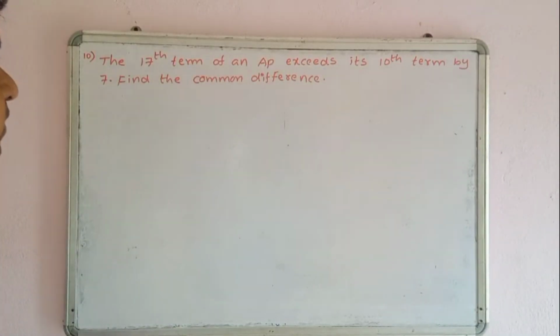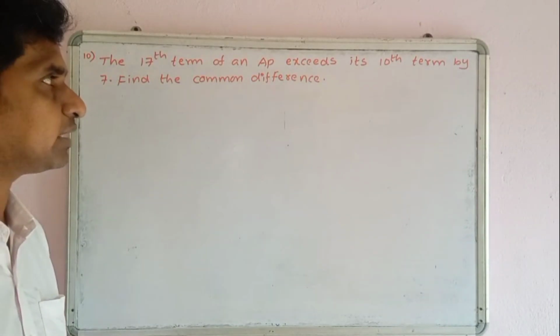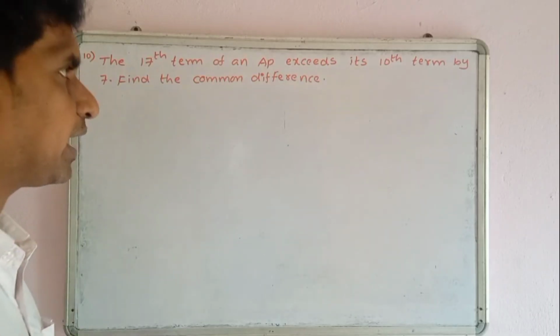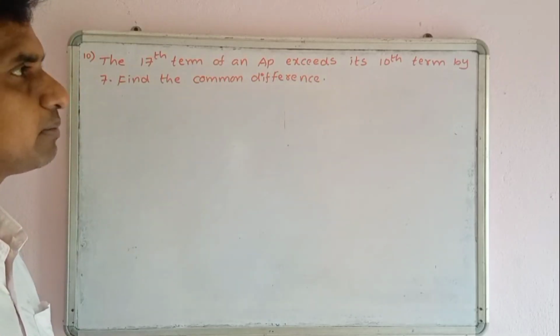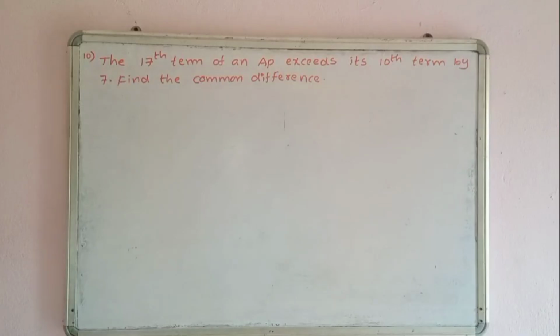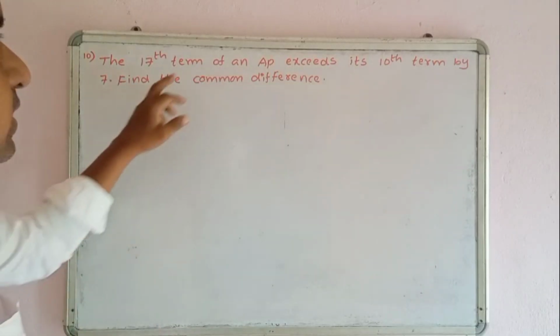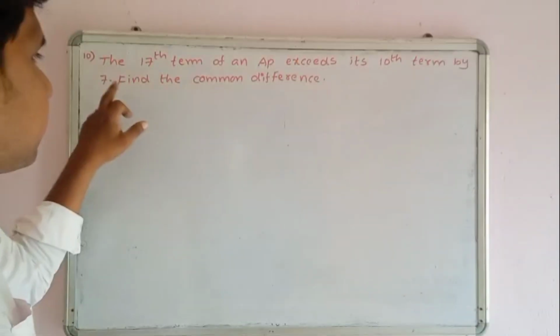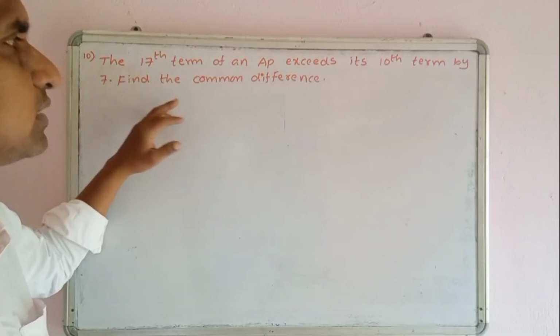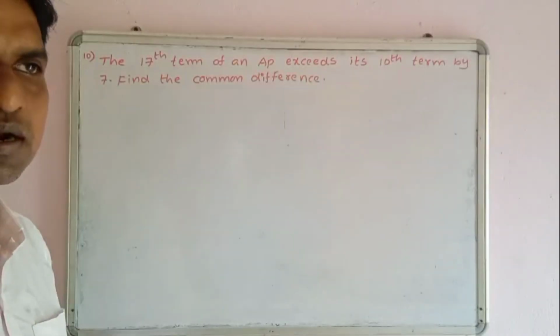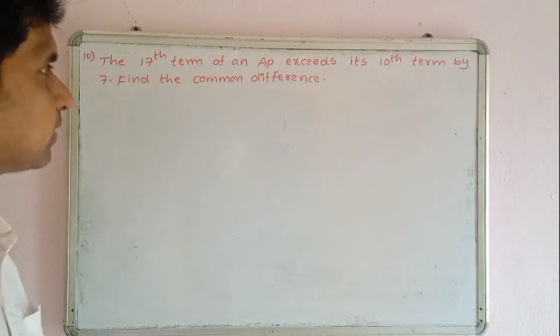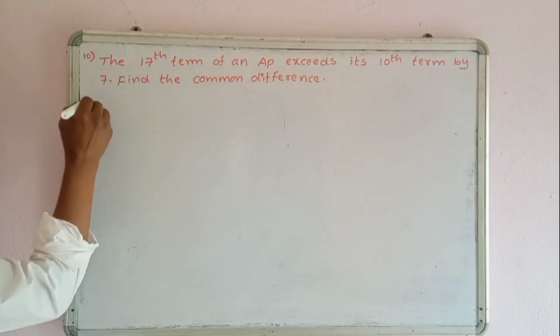Problem 10. The 17th term of an AP exceeds its 10th term by 7. Find the common difference. The 17th term is 7 more than the 10th term. We need to find the common difference d. Common difference is nothing but d. Okay, see. Given